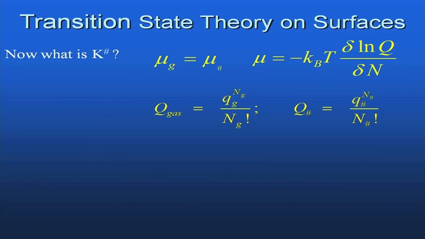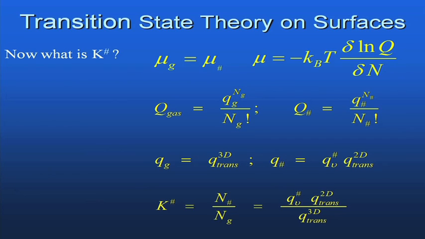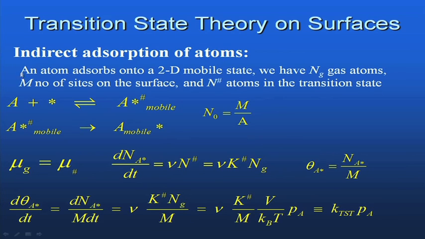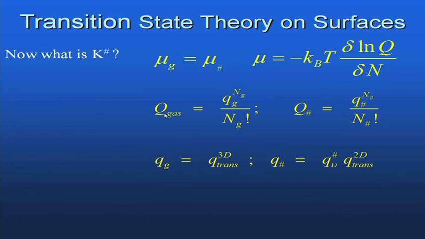Next, what is K double dagger? K double dagger is, since this activated state and your gaseous atoms are in equilibrium. First they will form an equilibrium, like if you think of this step, you see this is an equilibrium. Therefore, you apply mu_g = mu double dagger,